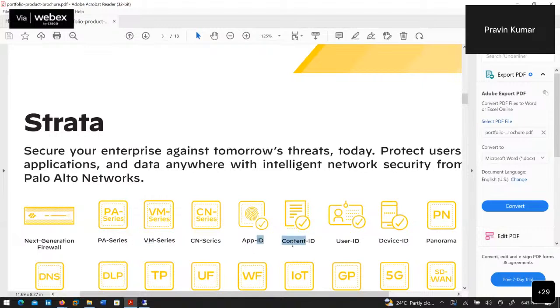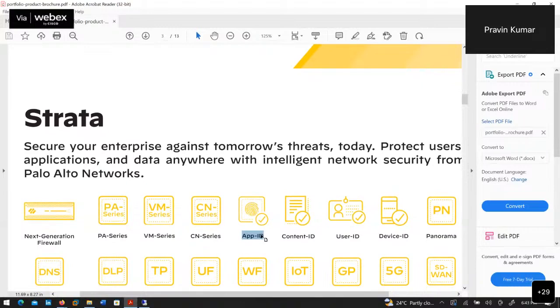Then these things are related to the features: what is App-ID, what is Content-ID, what is User-ID, what is Device-ID, and Panorama. These are the features inside the firewall. Now App-ID is basically, for example, if I say there is traffic in the firewall going on HTTP port 80 and 443. So this can be any traffic, unless there is an underlying